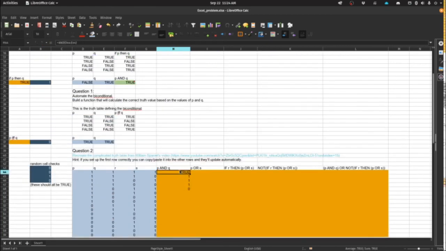All these other ones, what I want is for you to set up a function that's going to automatically find the right thing. All right,